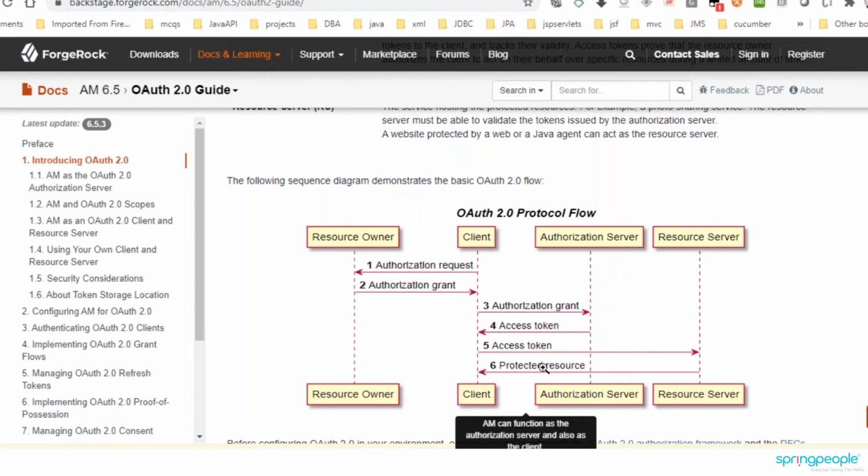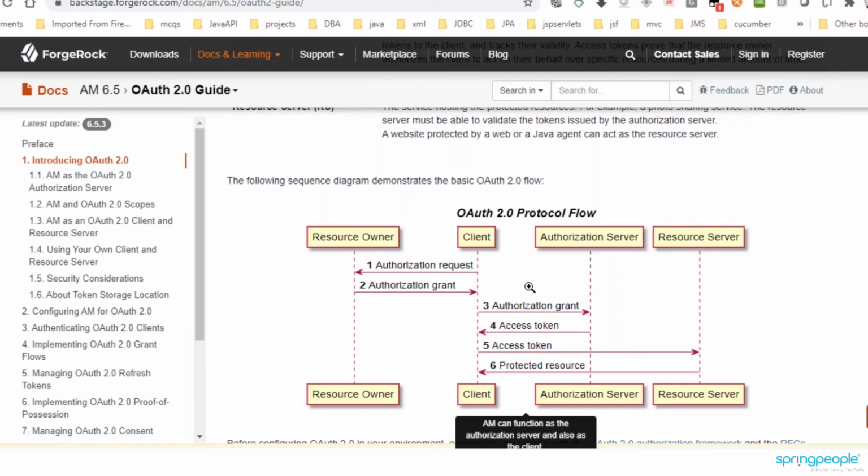Then, based on that access token, you are able to access the protected resource for that much time. So again, if the client needs to do all these three different steps, instead of that we can provide the refresh token. Based on the refresh token, the customer can again get his own access token, then he can access the protected resource. So these two steps can be reduced when he stores the refresh token. This way you will be able to go with the OAuth authentication protocol flow.